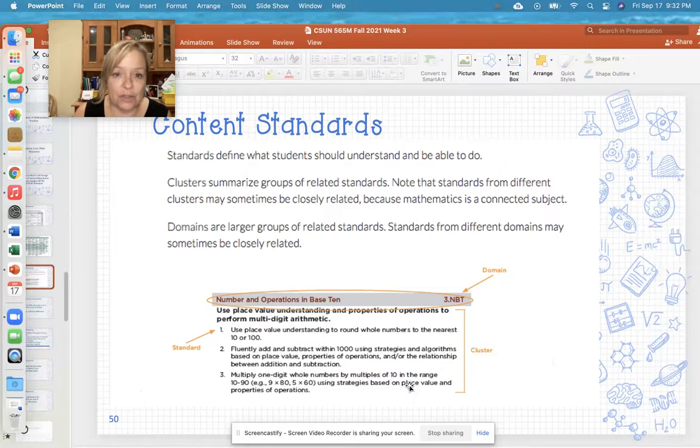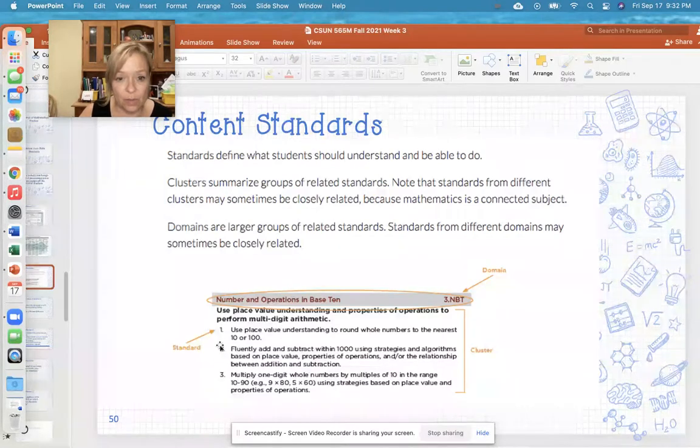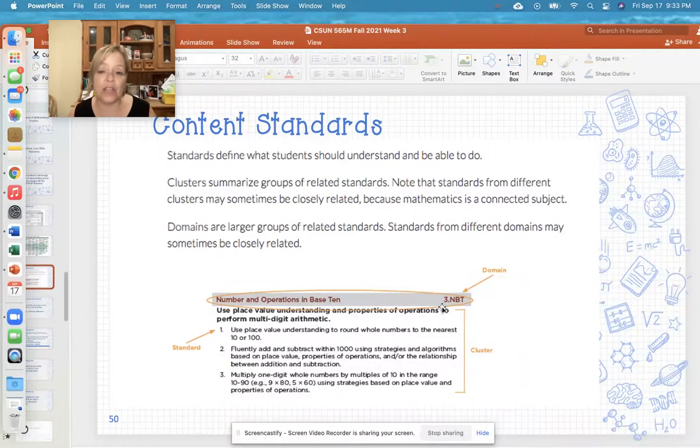As you read the standards, you want to know that standards define what students should understand and be able to do, which are, this is a standard, number 1, 2, and 3. The clusters summarize the groups of related standards. So you can see that there might be 3 standards that are similar to each other. And the domains are large groups of related standards. So for example, in the domain of number and operations in base 10 for 3rd grade, we have the abbreviation 3.NBT. So when I ask you in your lesson plan for the actual name of the standard or the domain and the abbreviation, you would say